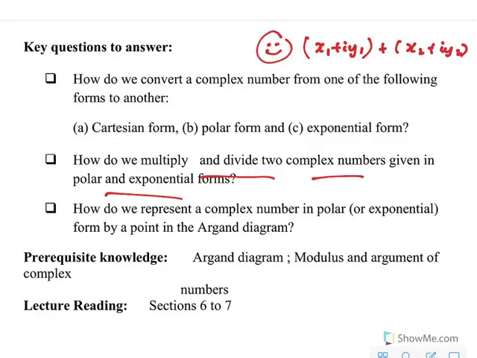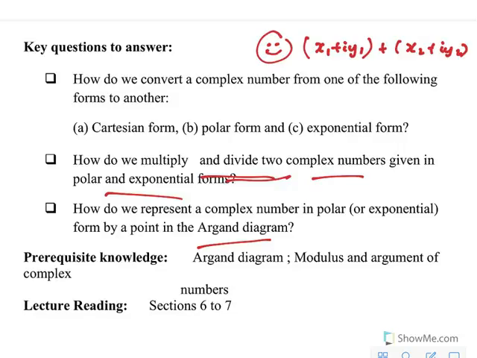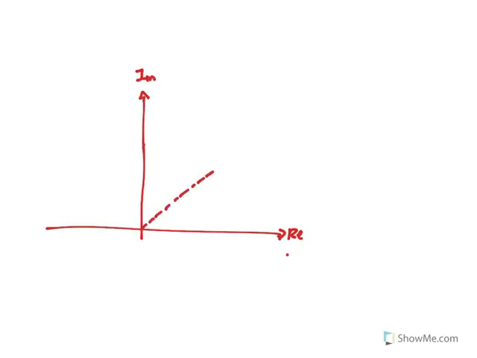How do we multiply or do arithmetic operations on 2 complex numbers in polar and exponential form? Also, how do we represent it in the Argand diagram? This will be the last part of complex numbers, so look forward to it. It's so exciting. Let's just try this for fun. Now we know that there's something called the Argand diagram, with a real and an imaginary part. I give you this complex number. I don't know what the coordinate is, but I tell you the argument of this complex number is